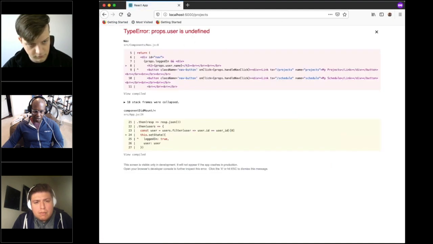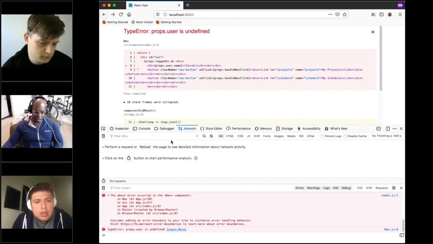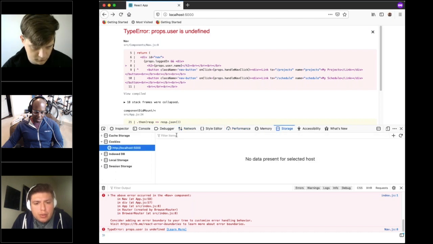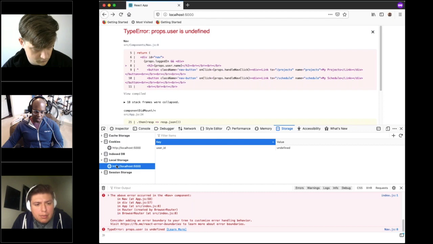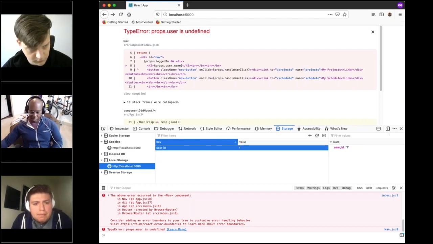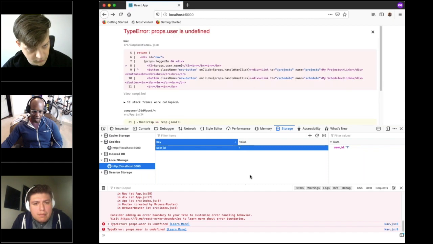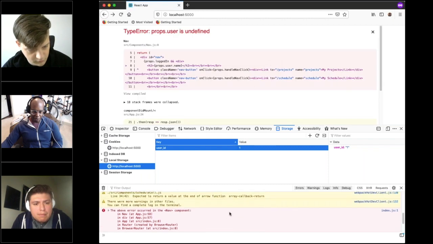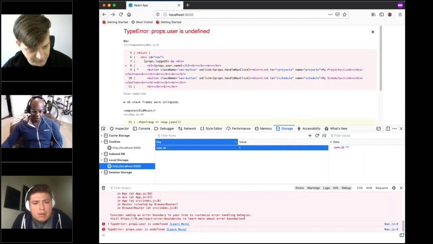Still broken. That's weird. Maybe. Check. Where is it storing the user information? Yeah, I think this might be in local storage. Let's see. Oh, yeah. What if I change that to 1? It looks like it should be an integer. That's weird. Still broken. Now, I'm actually gonna stop it here because it looks like it might take a while